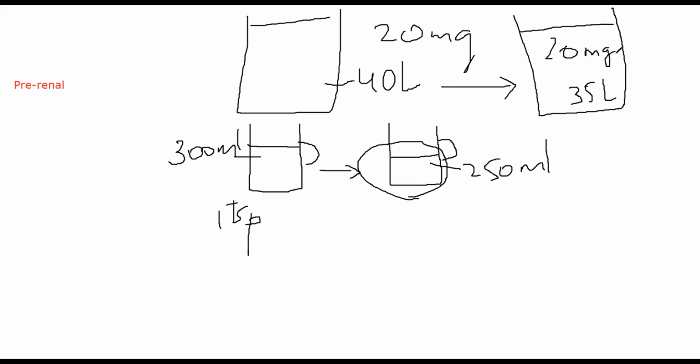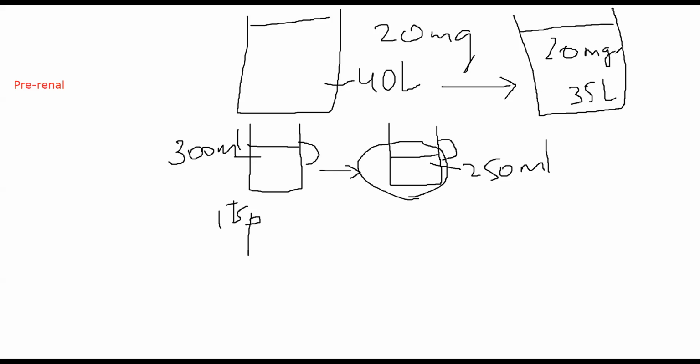Increases, no? The same way as sugar increased, मतलब मिठास बढ़ गई थी. Even though I did not change the amount of sugar in that cup, it has become sweeter because the concentration of sugar relative to the amount of fluid has increased. The same way, the concentration of urea relative to the amount of fluid present in your body increases. Those will be included in pre-renal causes. It does not have anything related to your kidney, meaning your kidney is not the problem here, but some other condition is causing fluctuation in your body fluid, because of which the relative amount of urea is increasing.